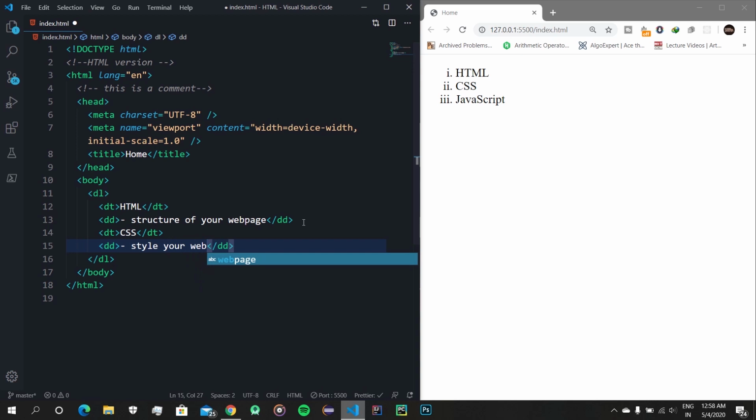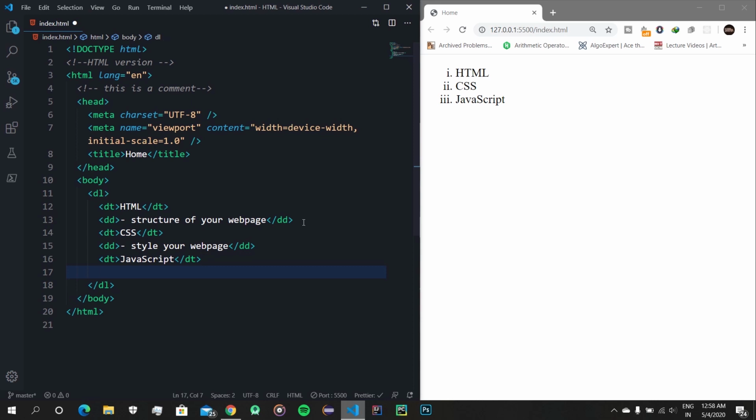So with CSS you can style your web pages. Let's do the last one, JavaScript, and put a description, because with JavaScript you can make your website more responsive and more interactive. So let's just type that in here, make interactive web pages.